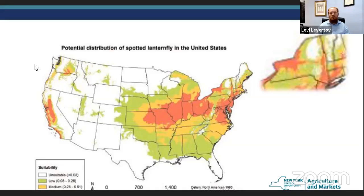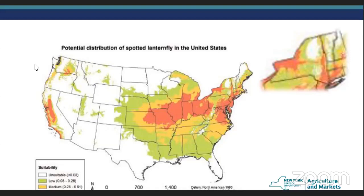Question before Rosalind speaks up. I know that you mentioned New Jersey has quite an infestation. Is your concern that they don't do enough inspection wise to curtail it, and that's why New York is dealing with it to begin with? I'm not that familiar with the way New Jersey has approached their spotted lanternfly infestation, but in hindsight, it probably could have been better considering how infested they are, and it's hopping the border over to New York. So it probably could have been better,